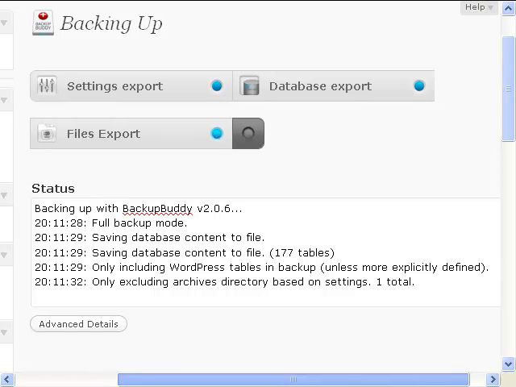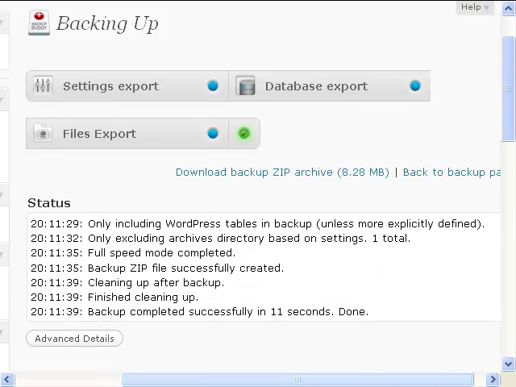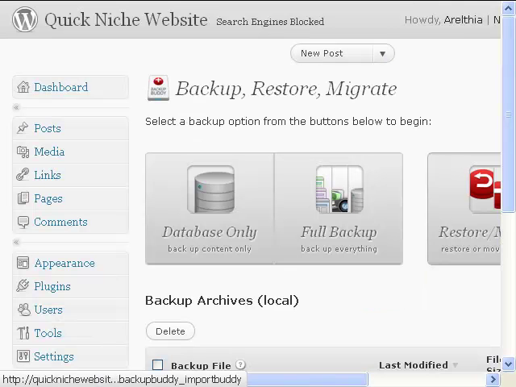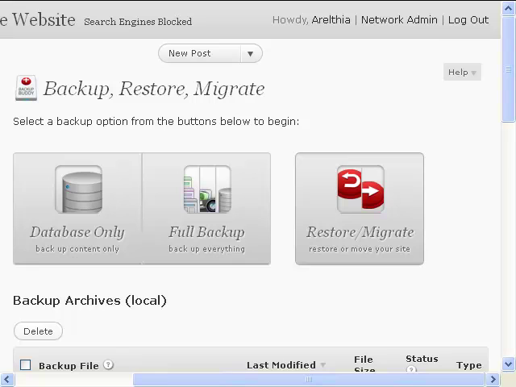And actually the way it is now, I could leave this page and come back and it would still work, but oops, my backup's done. Okay, so I'm gonna leave that there for now. I'm gonna go back to my backup page, and notice here it says restore migrate. If I was to click on that,